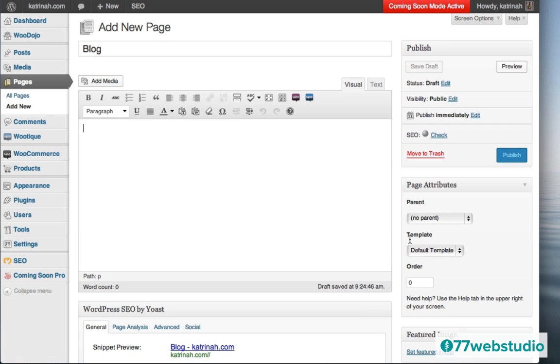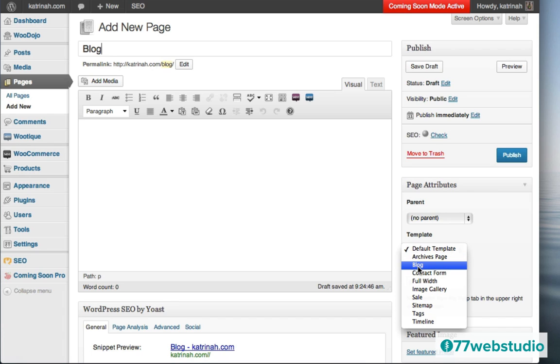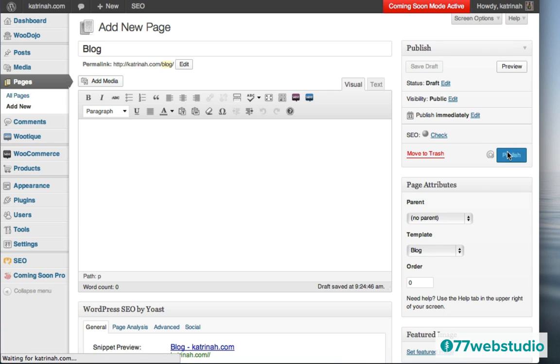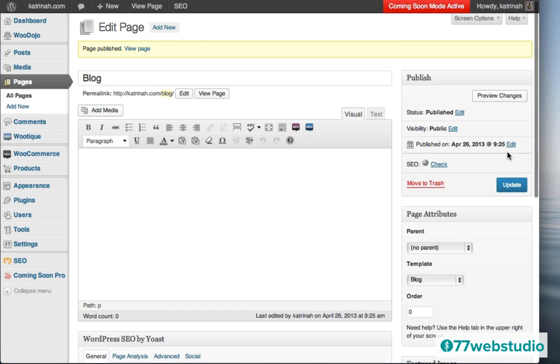And then right here on the right hand side in the page attributes section under template, you want to click on this and you want to find where it says blog. So this theme comes with a blog template, which makes it really easy to add a blog. So you just click on blog and that's all you have to do. The last step is you just want to click on publish to publish this page. And now when we go to view the page,